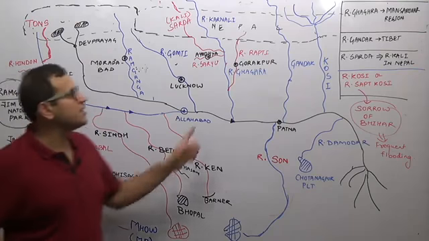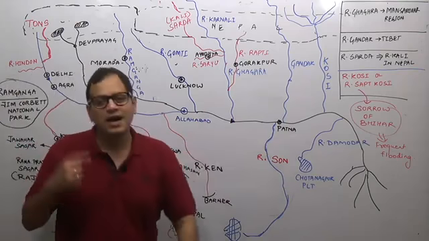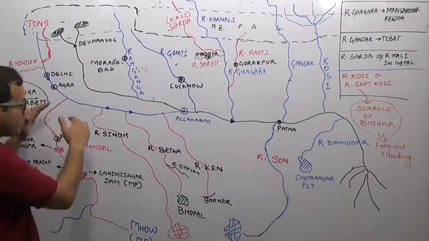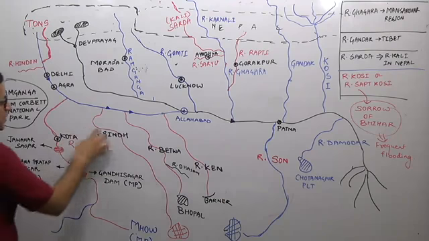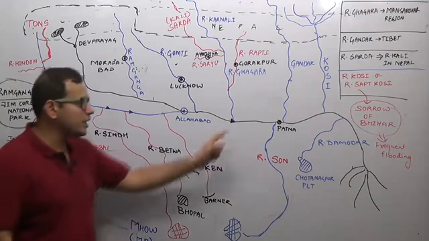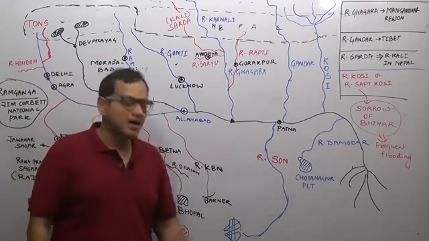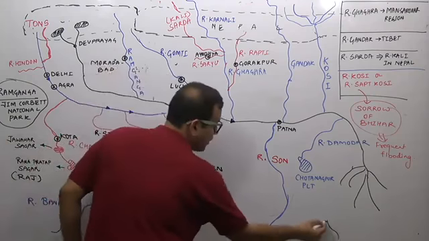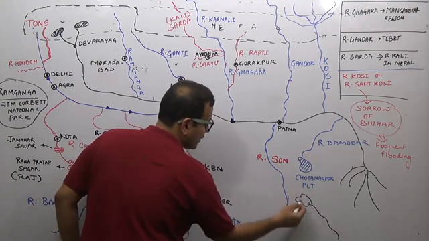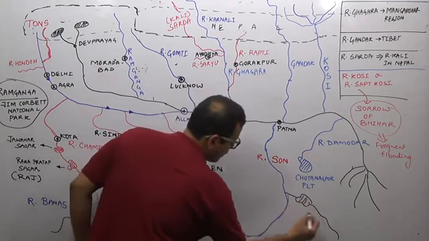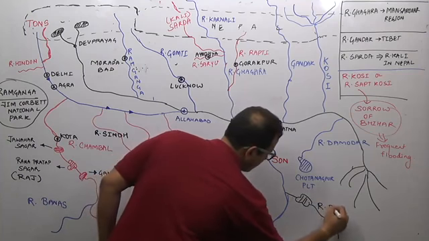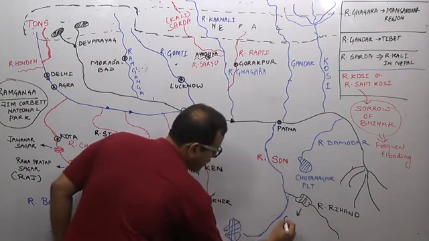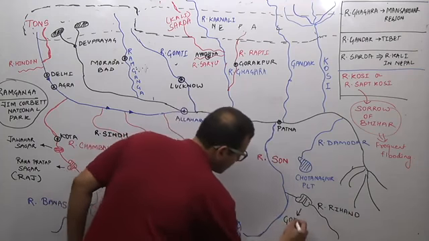Out of this, the last 3 rivers, Ghagra, Gandak, Kosi, are international rivers. While on the southern part, the Yamuna has important tributaries in Chambal, Sindh, Betwa, Ken, while River Son is an important peninsular tributary of River Ganga. I had asked you, what is the tributary of River Son? River Son's tributary is River Rihand. On River Rihand, a famous dam known as Govind Vallabh Pant Sagar is located.